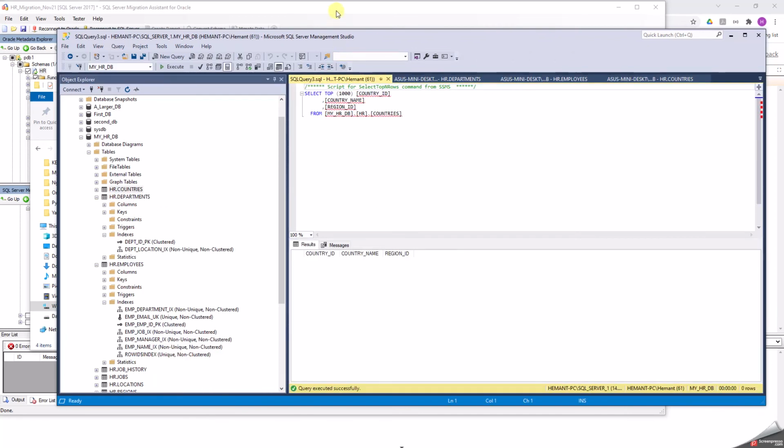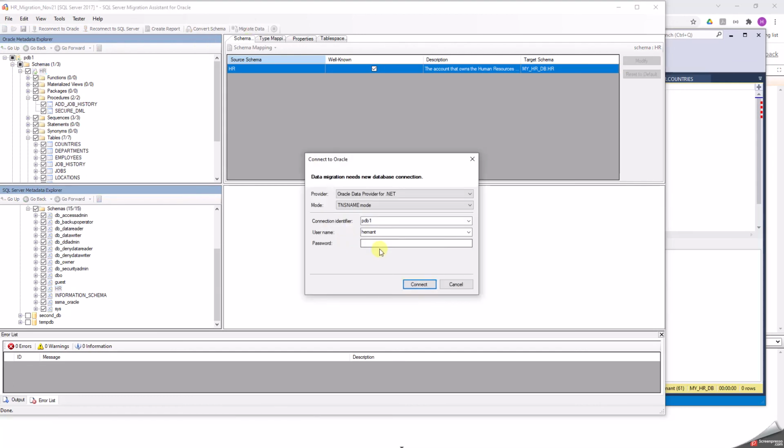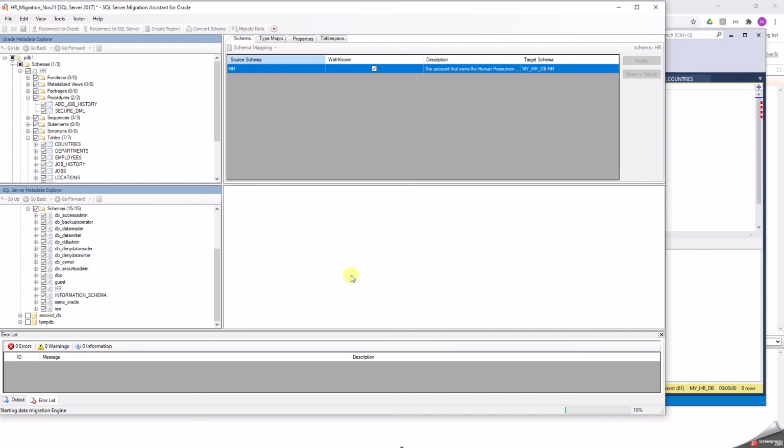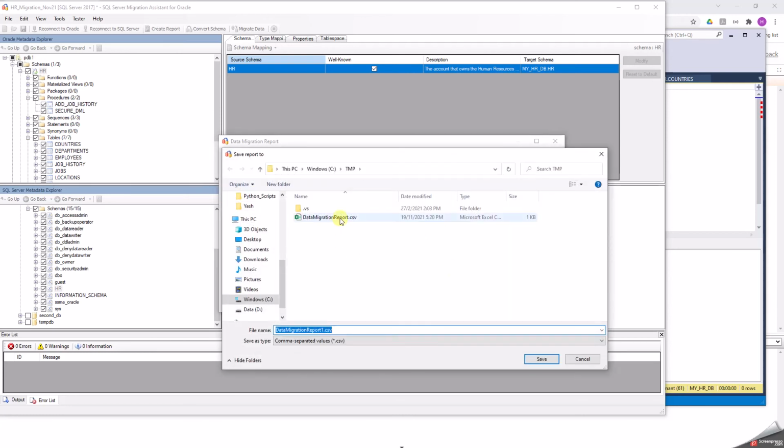So now I'm going to use the migration assistant to load the data. So you go back to the pane, the Oracle HR pane, and in SQL Server my HR schema. So that's what I'm selecting here, and I say migrate data. So it's just going to reconfirm the connections, and it's going to do the data migration for the current project. So now you can see for all the tables how many rows have been migrated. It doesn't actually show that it has migrated stored procedures or views, but it just shows me tables and number of rows. I can save this as a report.